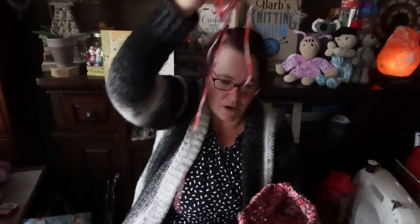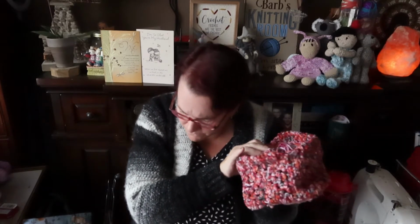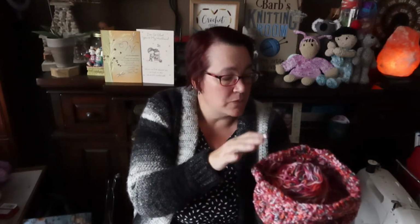Like, it's pretty large. So here is my ball of yarn. To show you how large it is, there's my cake, and it's a pretty large cake. So I used Handy Crafter yarn and a 4mm, I think. No, I used a 5mm crochet hook. Just plain granny squares, and then I mattress stitched them together after I did 5 granny squares. And then I did the single crochet, just measured how big the bottom was. I single crocheted across and did as many rows until I had a square,